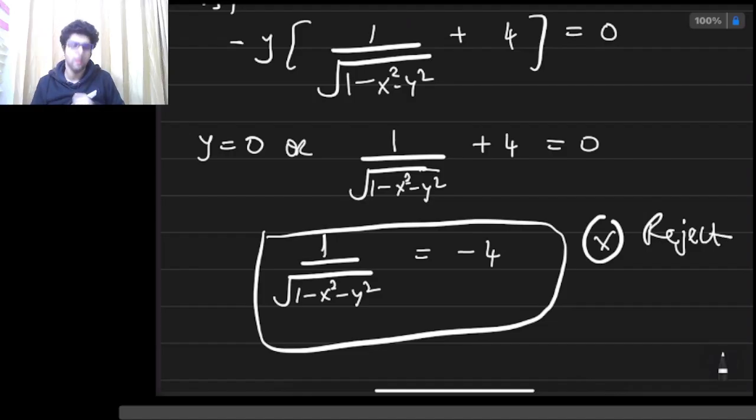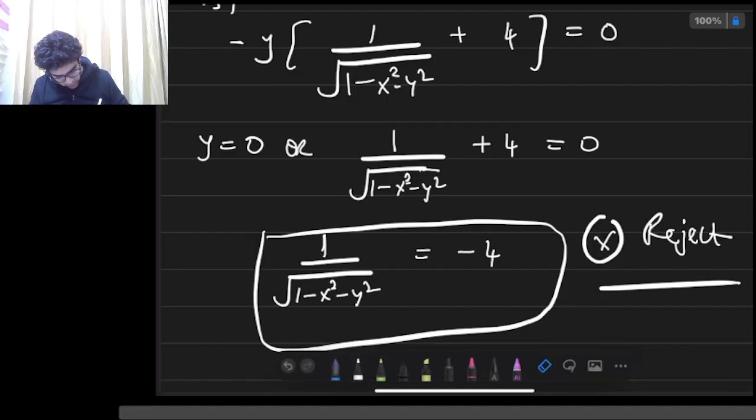Why? Because this is not possible. 1 upon root of something can never be equal to something negative. Why? Because anything in root is always positive. So root of anything is always positive. So the range,